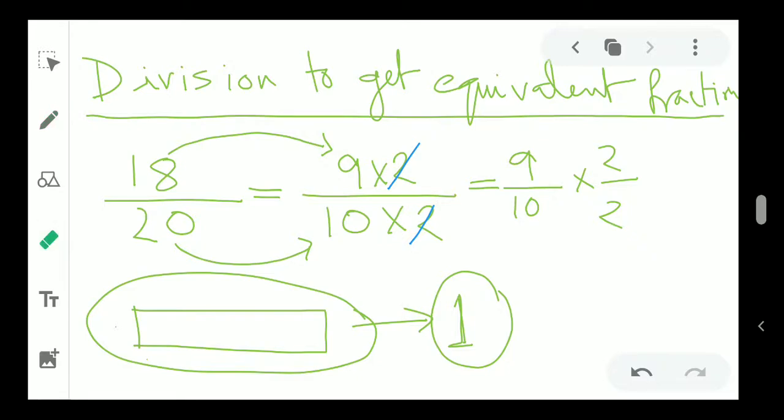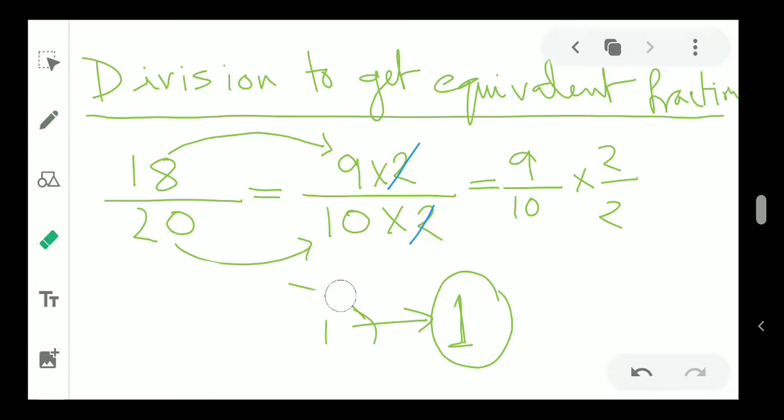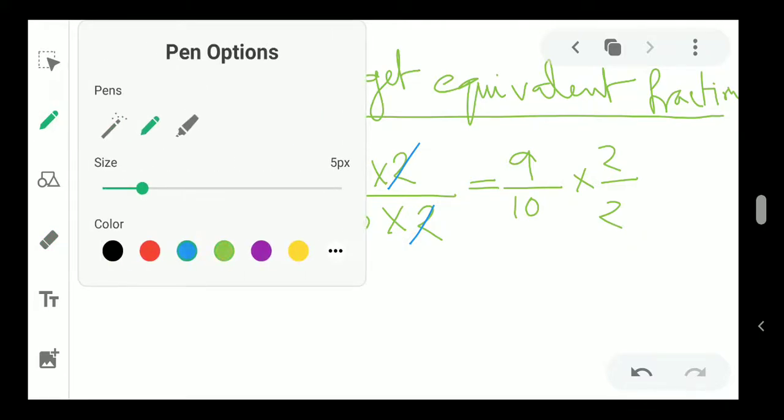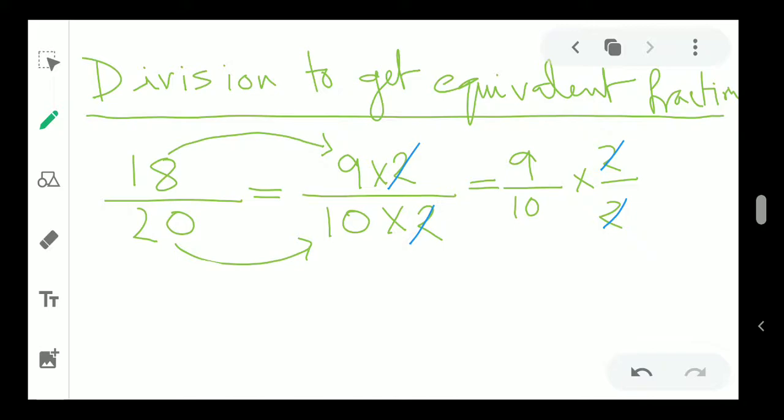Like if something is full, you have done all your homework, you have eaten the whole chocolate, you have done the whole work, then the whole thing is taken as 1. So whenever you have the numerator and denominator the same, that means 2 by 2, 5 by 5, 6 by 6, these things become 1. Or you can say, I can do katakuti and then I can get the result. So this is basically called the division method. That is easy actually, you just split this, cut up and down, and you get the result.